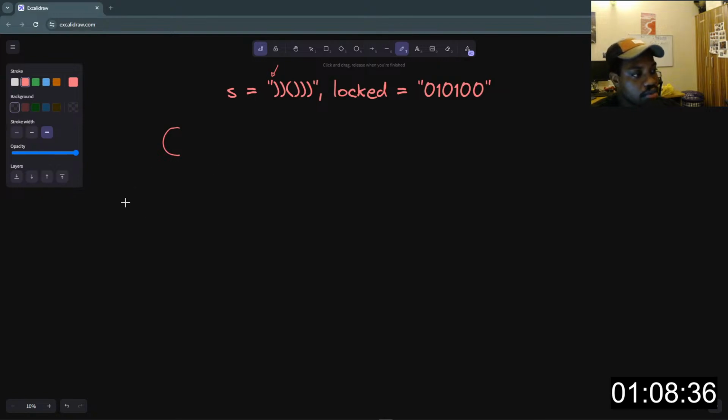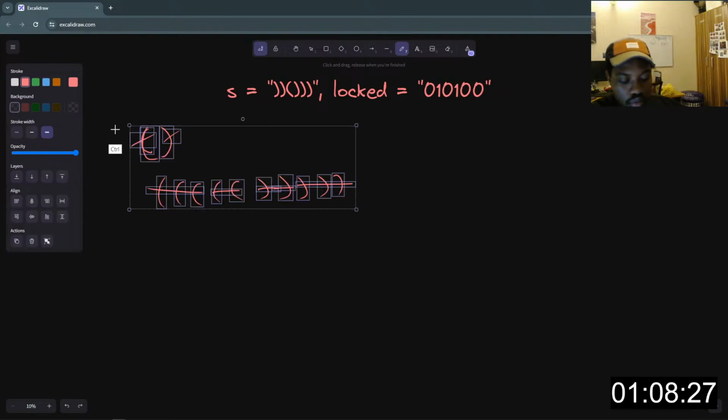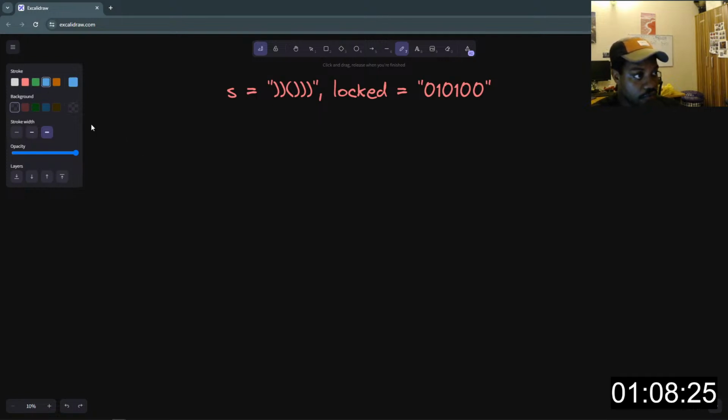So meaning we can have, let's say, sorry, we can have opening 1 and keep incrementing this every time we see an opening, right? So in the case where we find an opening,